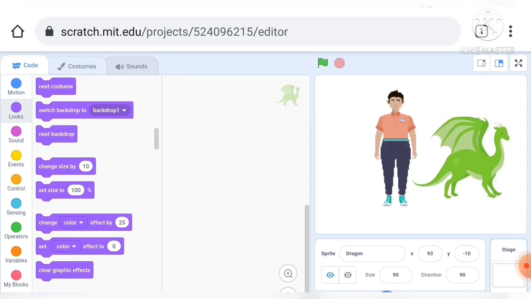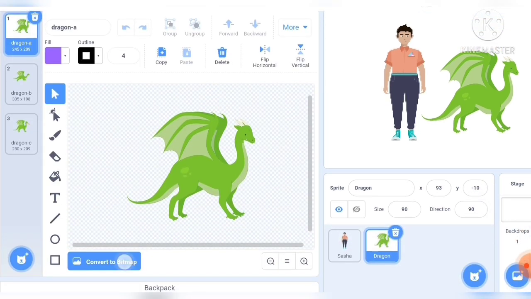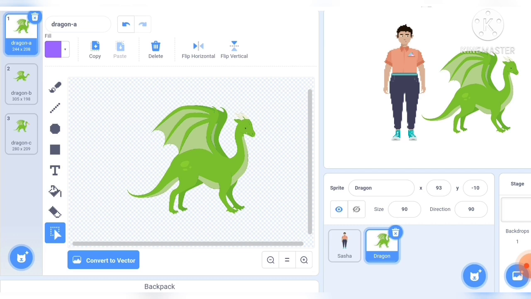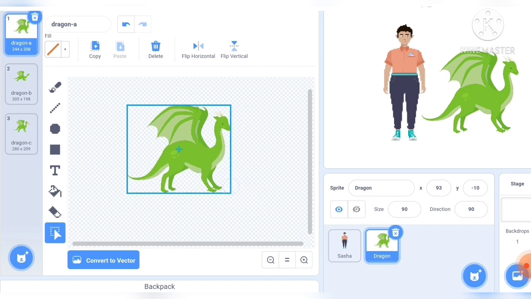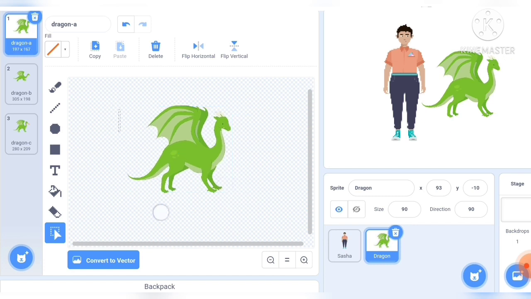And now the second method is what you can do. You can go on the costume button. Now you can choose the convert to bitmap. After that you just have to click. So now are you getting it? I want this whole thing, so I will just click it. Yeah, now I can make it small. When I go here, you can see what I am getting. First let me choose. Yeah, now I choose that. Now I want a small one, so I will do it like this. We can make it small by this. So this is the second method.